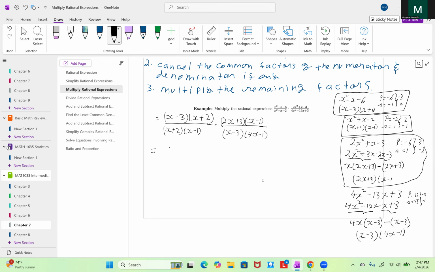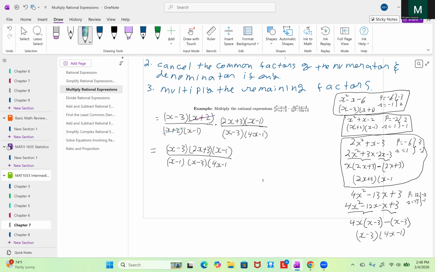So doing so, we get x minus 3 times 2x plus 3 times x minus 1 over x minus 1 times x minus 3 times 4x minus 1. For the first fraction, x plus 2 and x plus 2 are common